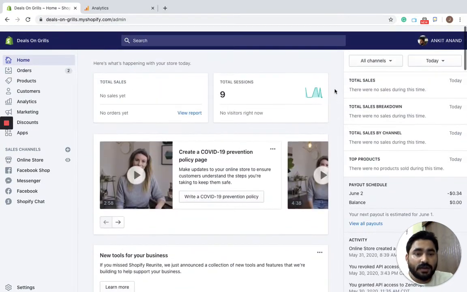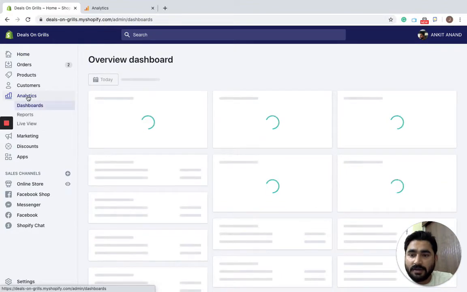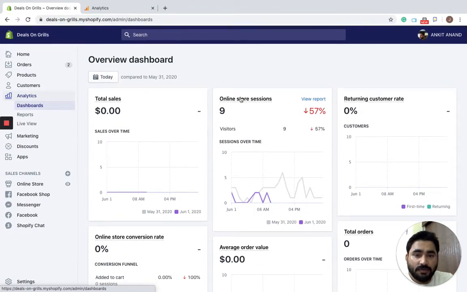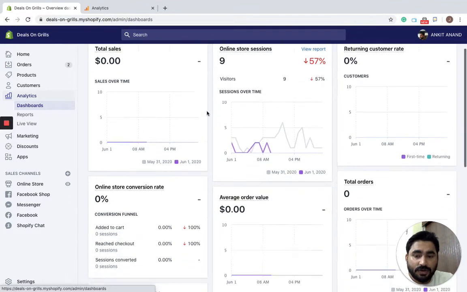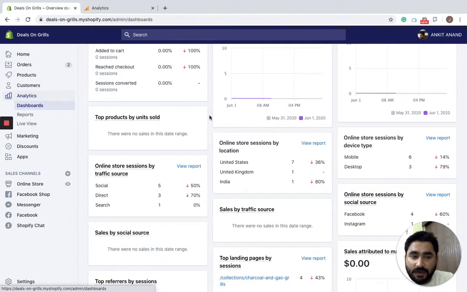There are some other things we should keep in mind, like there is an option called analytics here. When we click on this analytics, it shows the number of sessions for today and the online store conversion. But the first and foremost thing we should keep in mind is where our traffic is coming from.